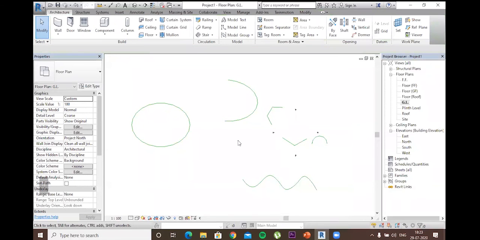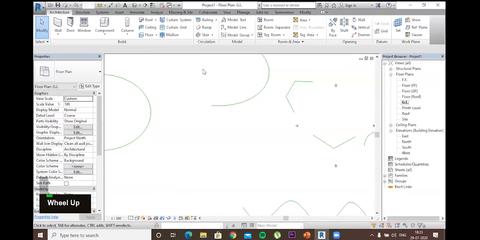Okay, there is one more thing I want to discuss. When you are creating a square boundary by holding the left mouse button from left to right, until and unless you cover the whole element, you won't be able to select it.